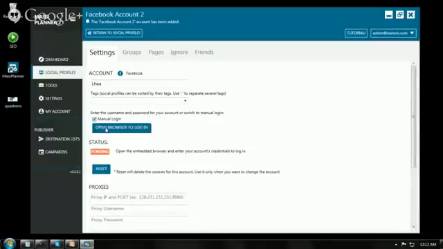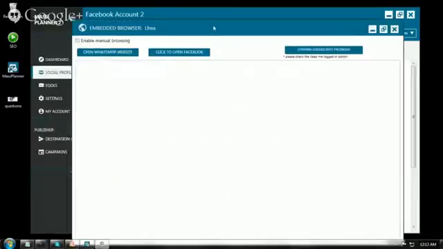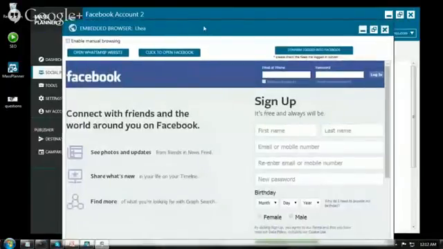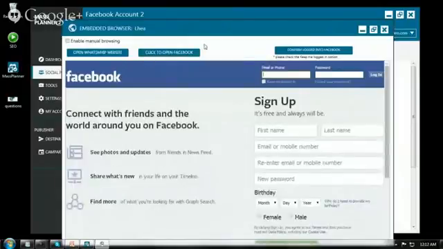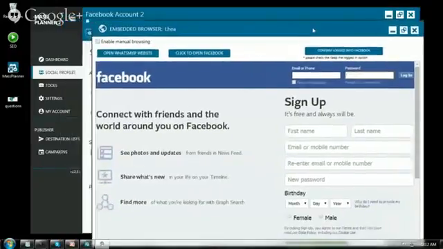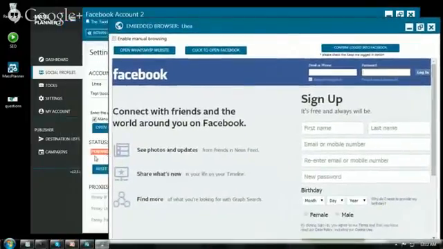As you can see, there's a button that will enable you to open up the embedded browser. If you click that, the embedded browser of this social account will open up. Now you have the ability to put your email and password here. And after that, you can click confirm if you successfully log in